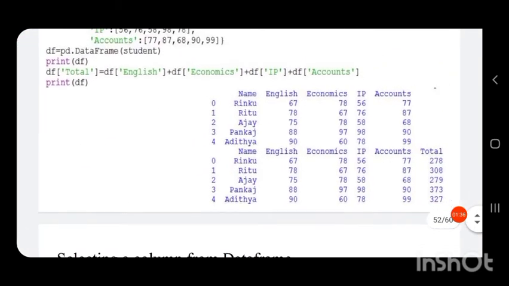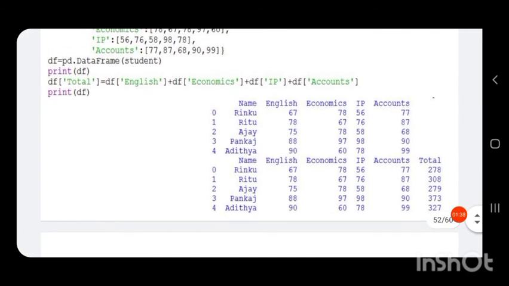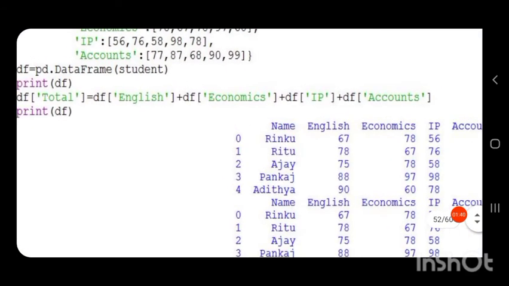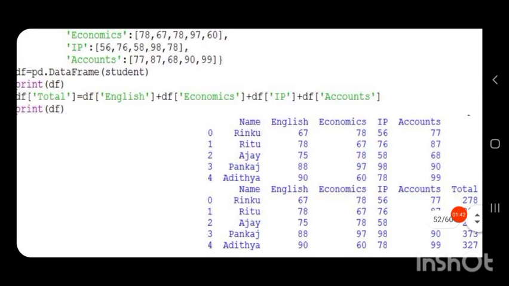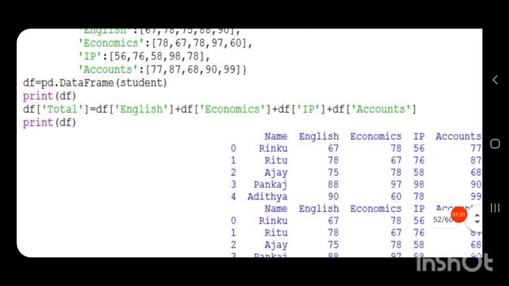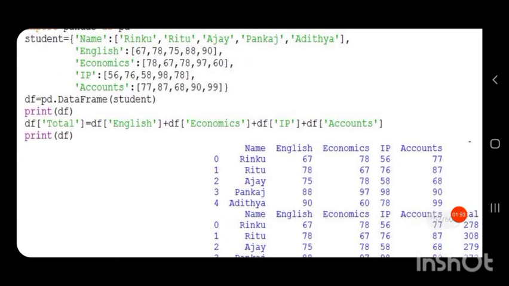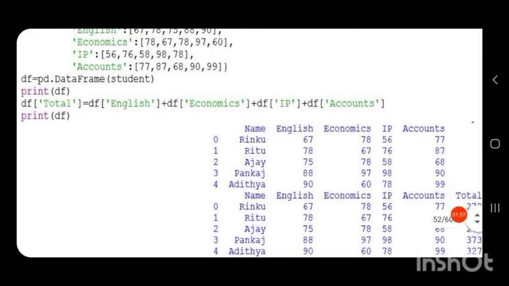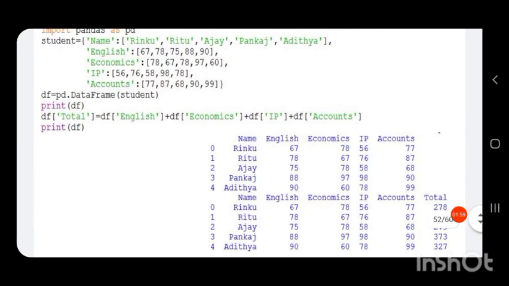Now we are adding a new column called total by computing the total marks of the columns English, economics, IP and accounts. We can write the statement like this: df, that is our data frame, in square brackets, in single quotes, total, that is the name of the new column, is equal to the columns which are to be added.